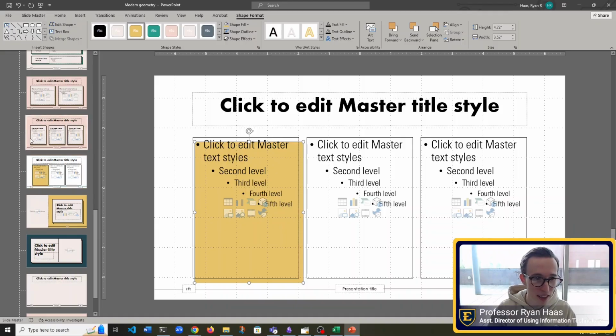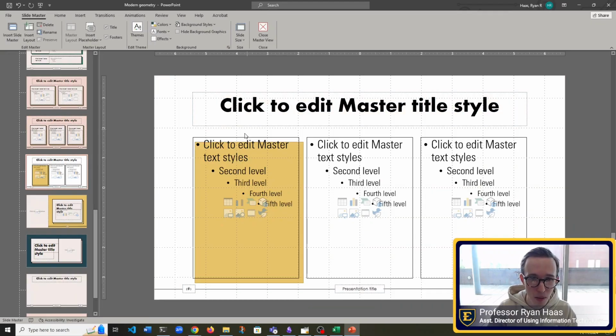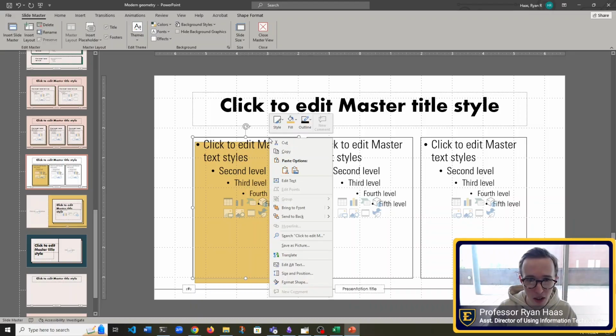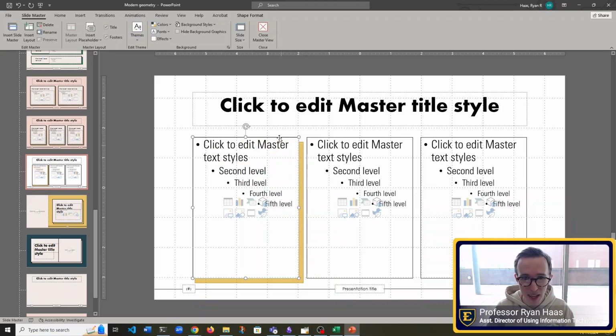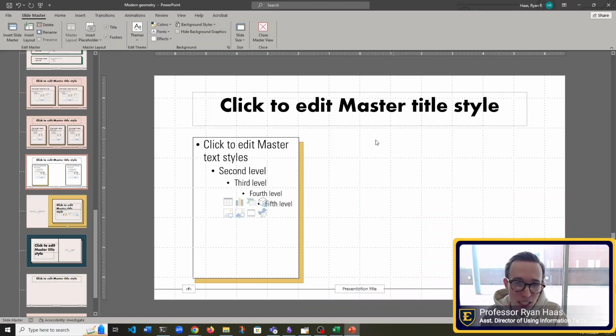Now the reason that this is a white foreground is because I have to set a color on the foreground. So if I select it, I can right click and say Fill and fill it with white, and now you can see that we have that foreground color applied. So if I want to go ahead and do that for these other text boxes, I can hold down my Shift key, click on this little rectangle in the background, and then click on the foreground one.